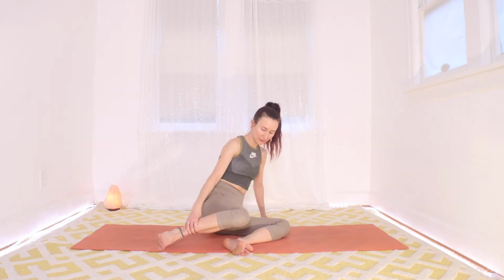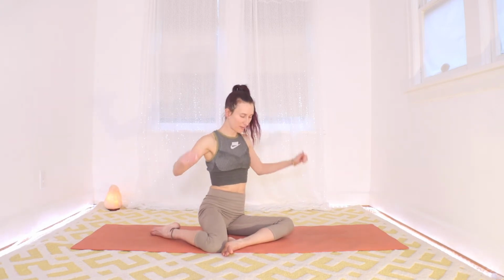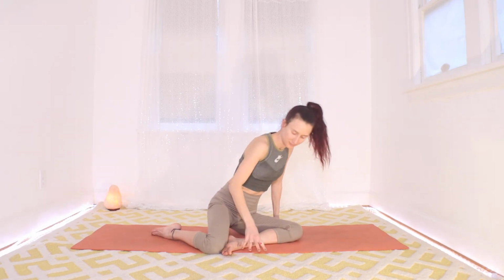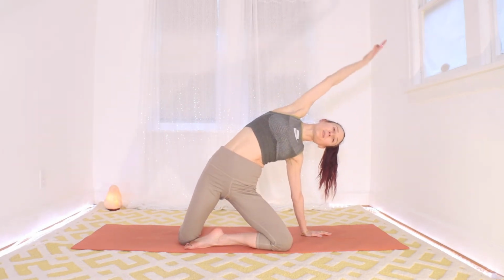So take the left foot to the right knee. Okay, right toes point back behind you so that you just naturally end up facing over your left shin. Okay, looks like a little triangle. Okay, and your right glute might not be on the floor, and that's okay, no problem. Mermaid shape. So drop that left hand, press down into your knees, lift your hips, right arm up and over